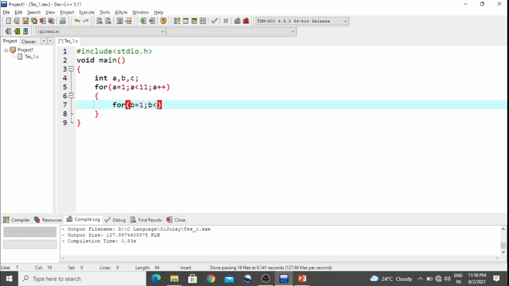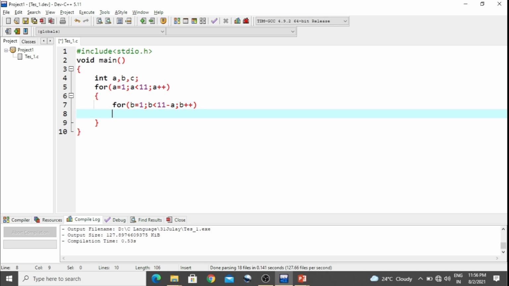We are going to take the condition 11 minus A, starting with 1. It will print the spaces and finally it will print the star. So B plus plus.